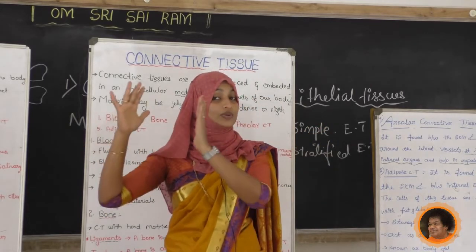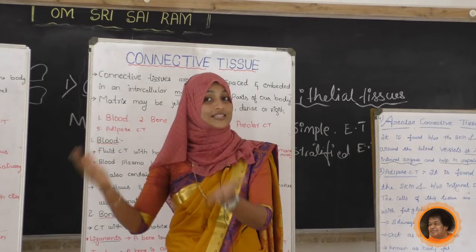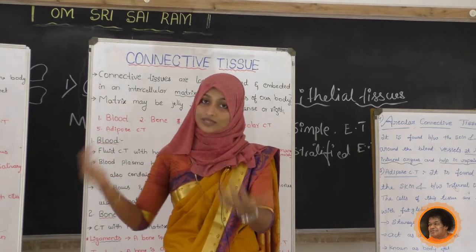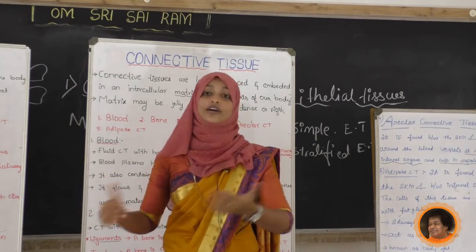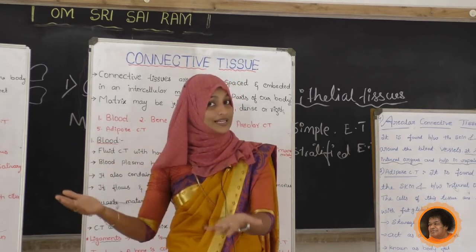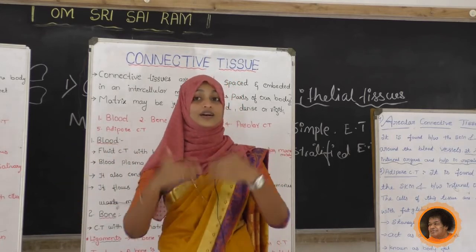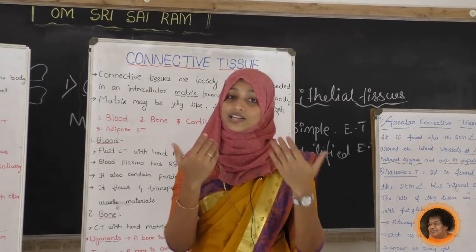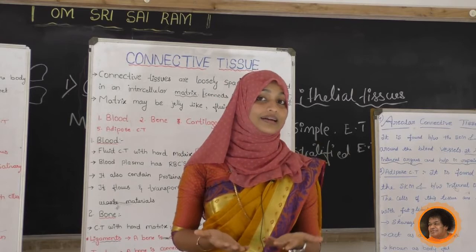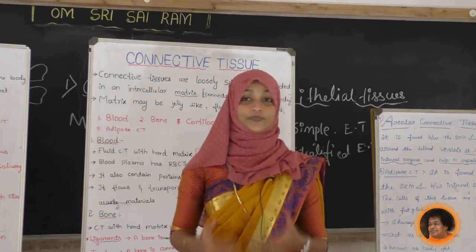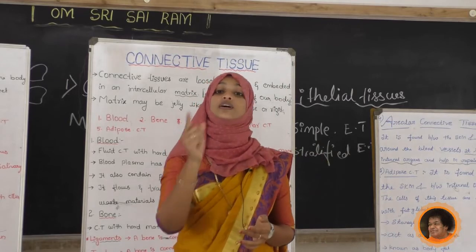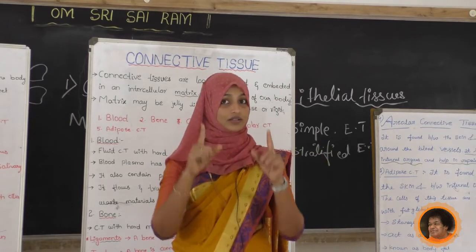Next we studied the permanent tissue, in that simple permanent and complex permanent. In simple permanent, we have studied in detail. We have also studied complex permanent. There will be questions like write a short note on parenchyma, collenchyma, sclerenchyma, epidermal tissue, all those things. They will also ask you to write the functions of stomata.